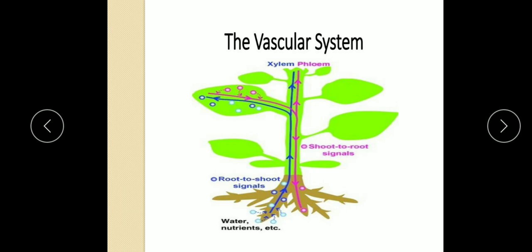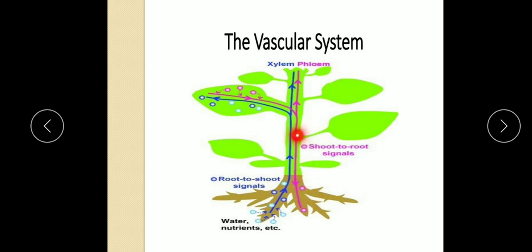Now you see here a pink color line. This pink line represents the phloem. Now we know that food is synthesized in the leaf. The leaf contains chlorophyll, so the leaves undergo photosynthesis with the help of chlorophyll and synthesize food. The food manufactured in the leaf is transported with the help of phloem. You can see this pink line and the arrow coming down, and food is transported in all directions, upward and downward both.